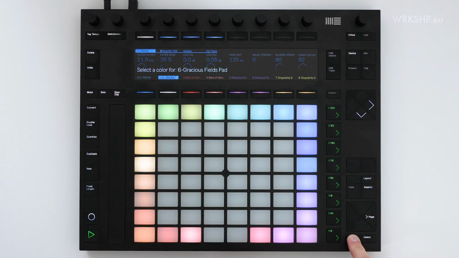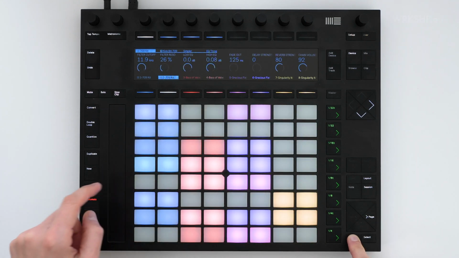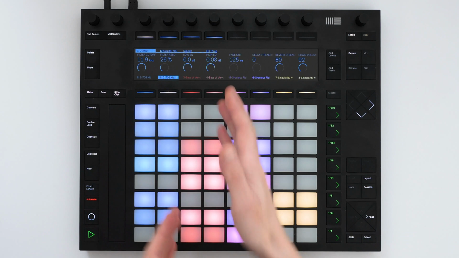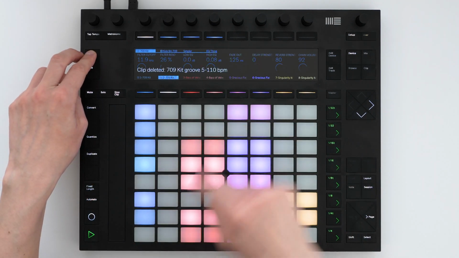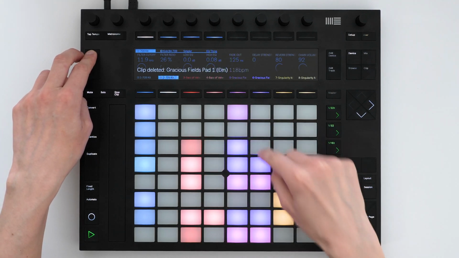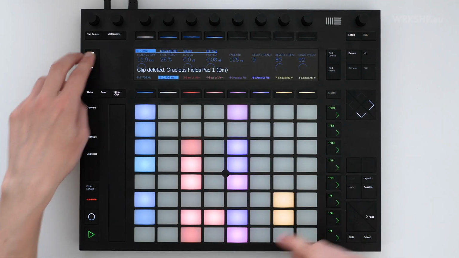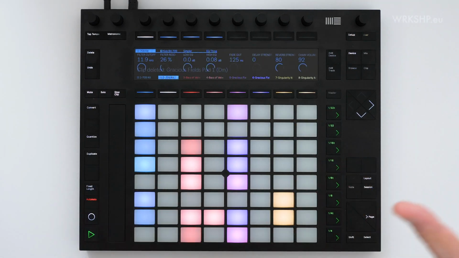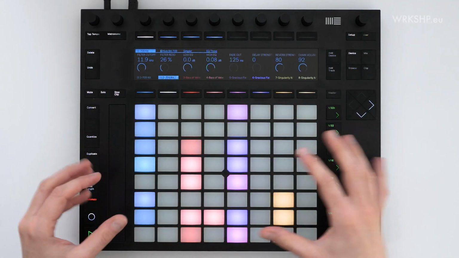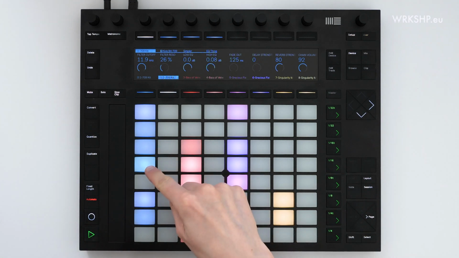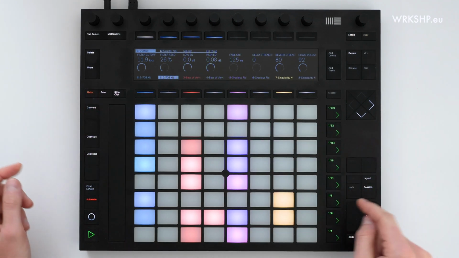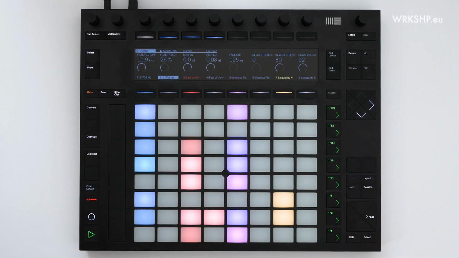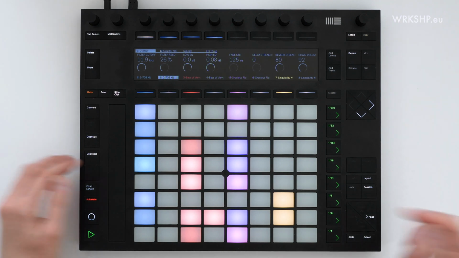Here, and this pink one, what we can do is take this one and so like so. And this means that I now have a kind of a spare track for each one. So I can, if I want to, delete all of these clips that are in these spare tracks. But if I decide while using Ableton Live Intro or while using Push that I do like this clip, but I want to try another one in its place, what I can do is just mute all of these tracks. So these are basically just placeholders that don't do anything, but I can copy things.